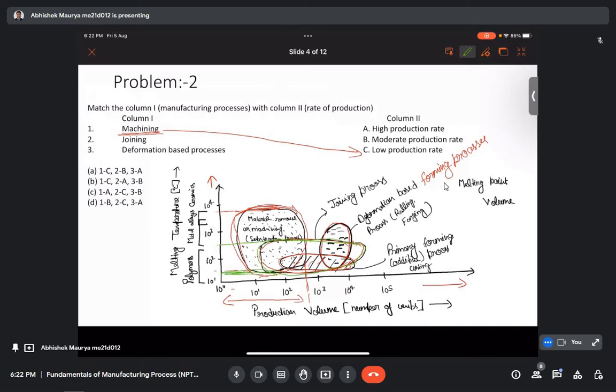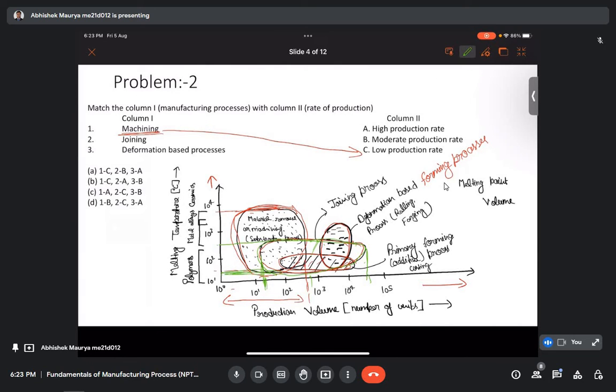This process is used for smaller volumes as well as higher volumes, let's say mass production. So this process is also suitable for the moderate range of volumes. So this is a very versatile process in terms of the volume of production. If we have low production volume, or mass production, in both cases the joining process is